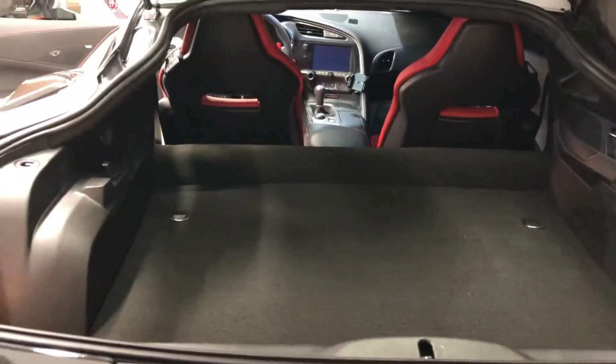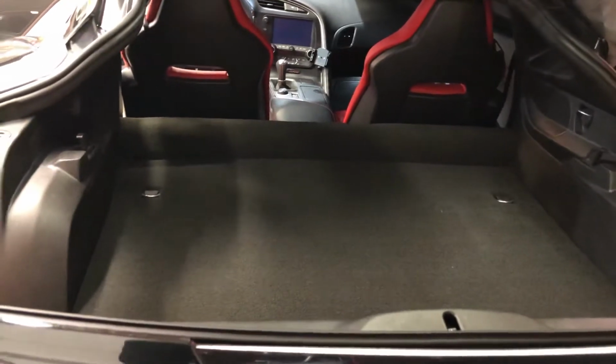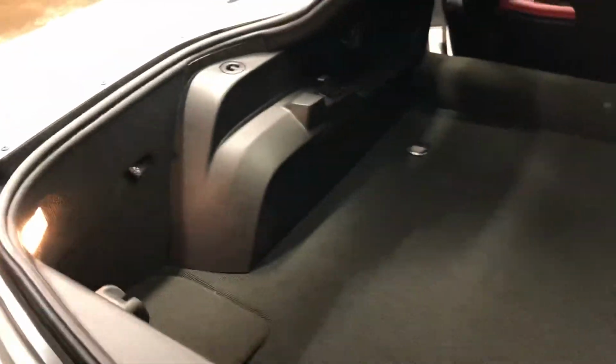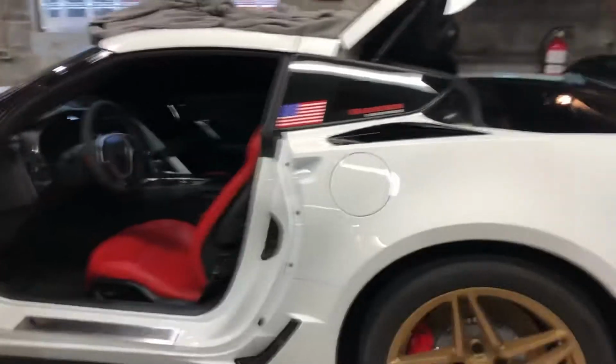You'll notice some of the bigger shops like RPM, they put a larger tank back here. It's kind of a toss-up, and that's a decision that you would need to make as the owner of the car. I would say that with the low level sensor in this tank, it runs out pretty quick. There's quite a bit of margin between when the sensor comes on and when it's actually empty. However,